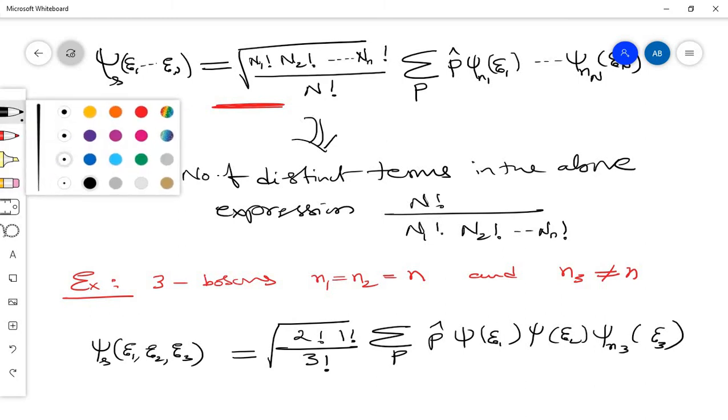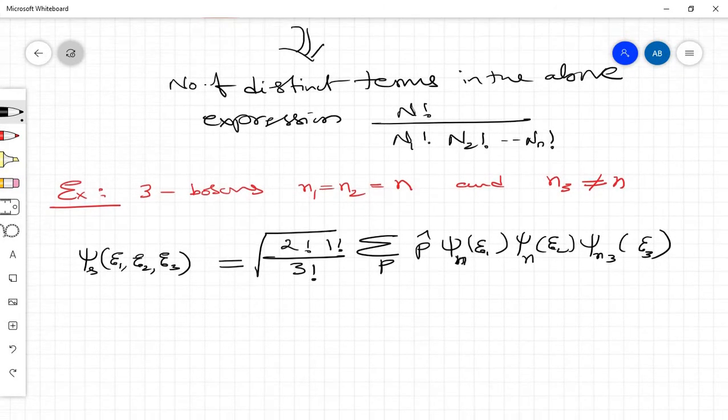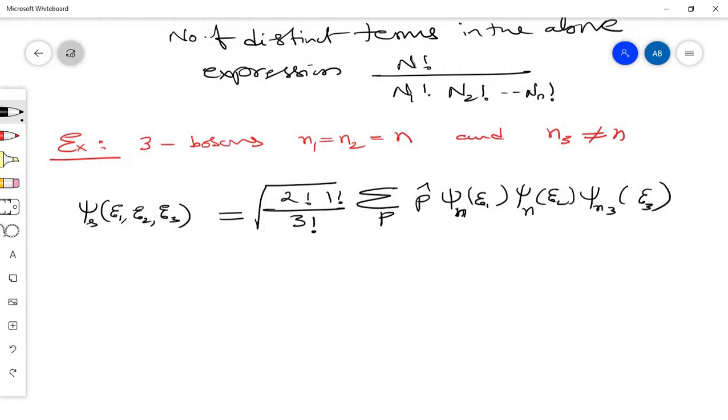So this is the n1 in the state of n you write here, n2 you write in the state of n only, but n3, n1 is equal to n2, that is n. Okay, now we'll do the terms. So distinct terms only, don't write the repeating terms. How many are there? That is given by this formula.